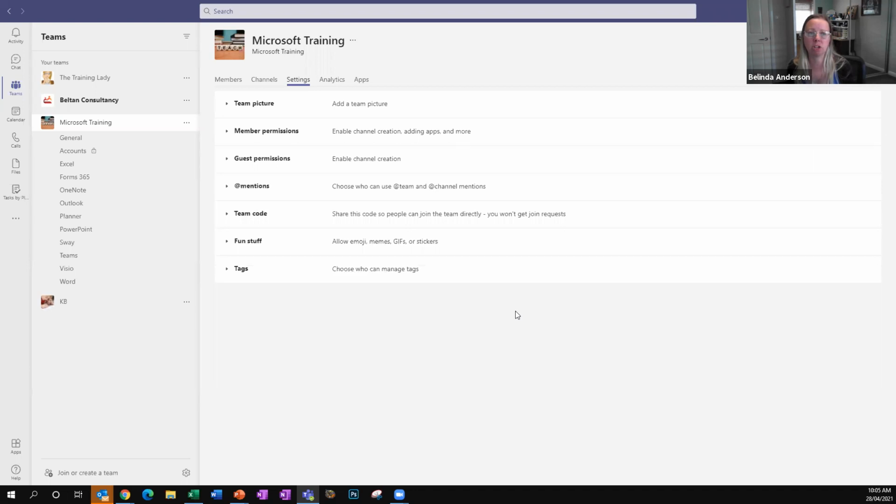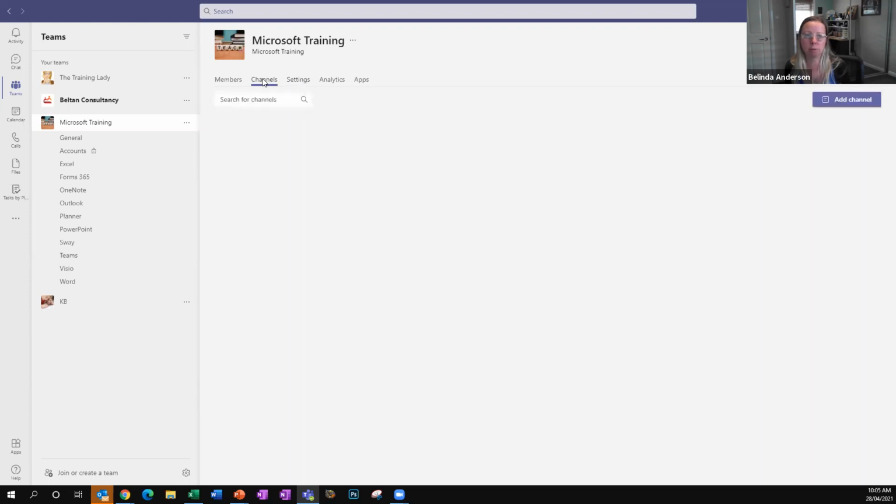What I normally suggest is within your teams, at least have two owners. There's nothing worse than somebody is an owner of a team and they are on leave for 4 weeks and nobody can do anything such as adding new members and that sort of thing. It makes it really difficult. So you definitely need to come up with some type of governance policy on how you're going to work with teams, identifying who can create a team, who is going to be the owner of specific teams, that sort of